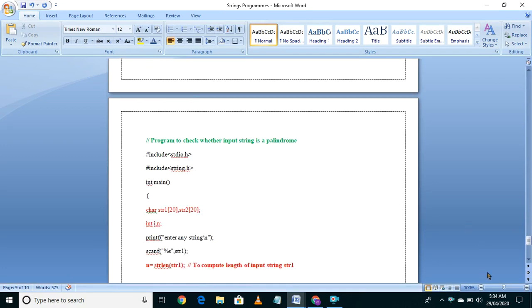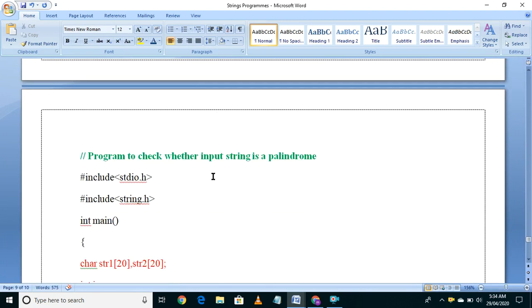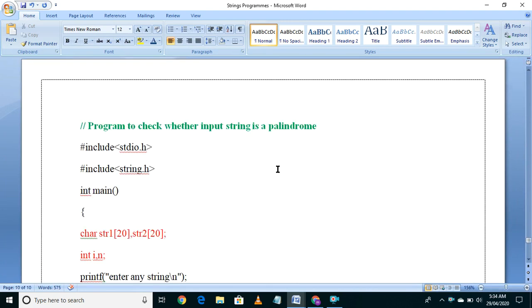In this session, I am going to explain a program wherein we have to check whether an input string is palindrome or not. So basically, a palindrome is a string that should be the same when it is read from both the sides. For example, we have Gadag, which is a palindrome. When you read the string from both the sides, it remains the same. You have Malayalam. So basically, a palindrome is one wherein when read from either of the sides, it should remain the same. It should not be changed.